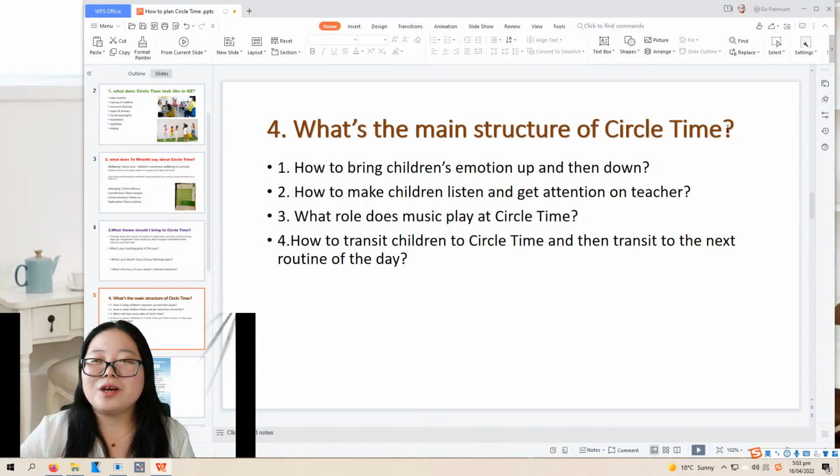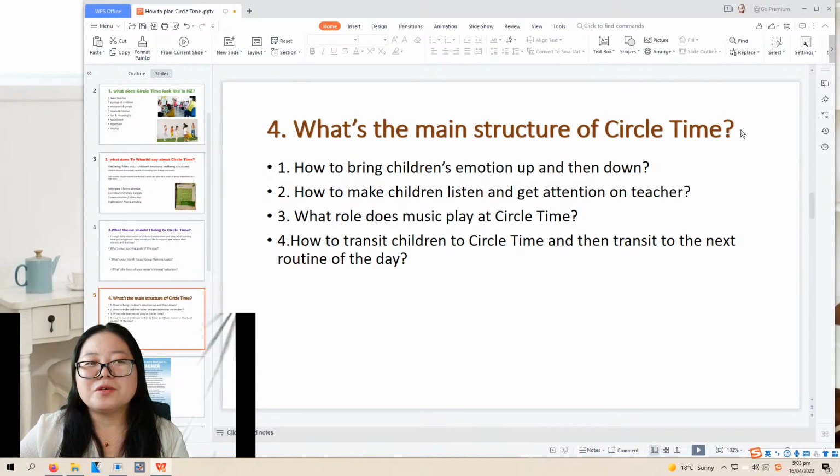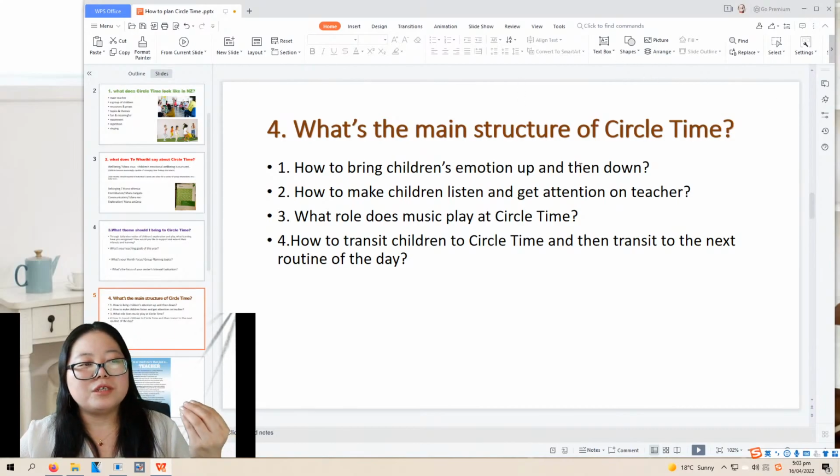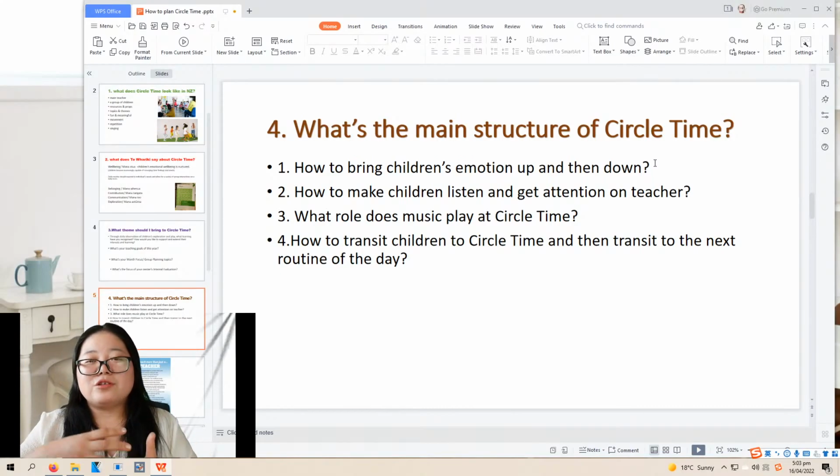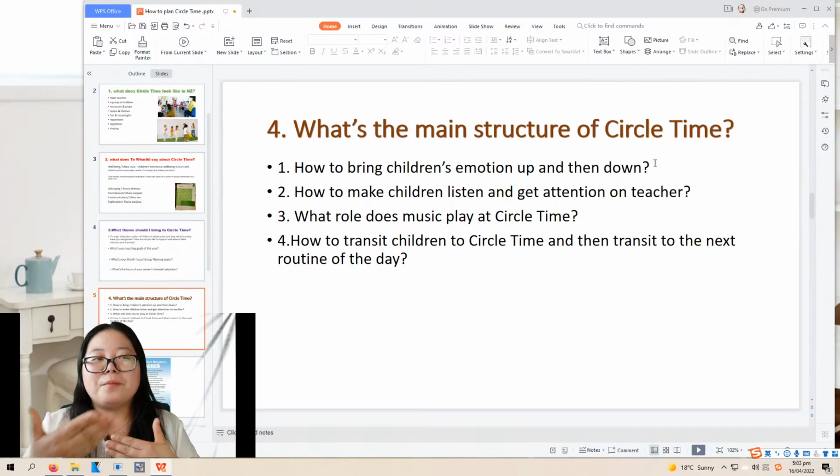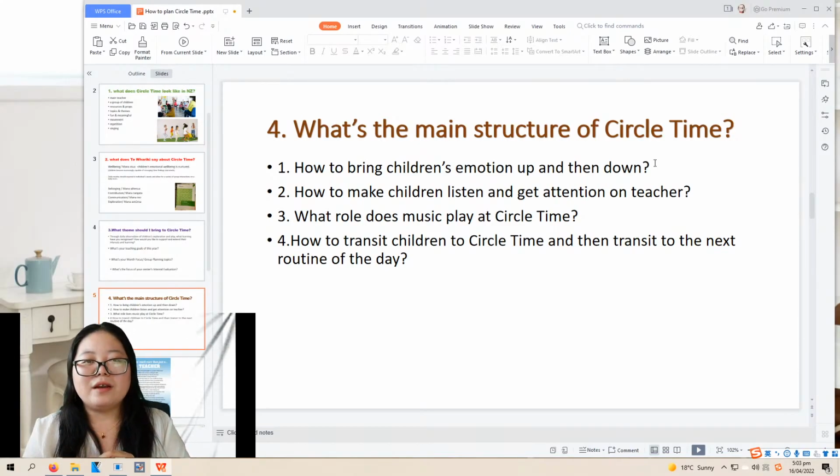What's the main structure of circle time? So what's the main structure of your circle time? It talks about the first one, how to bring children's emotion up and then down. This means when you want to deliver some information and also support children's learning,